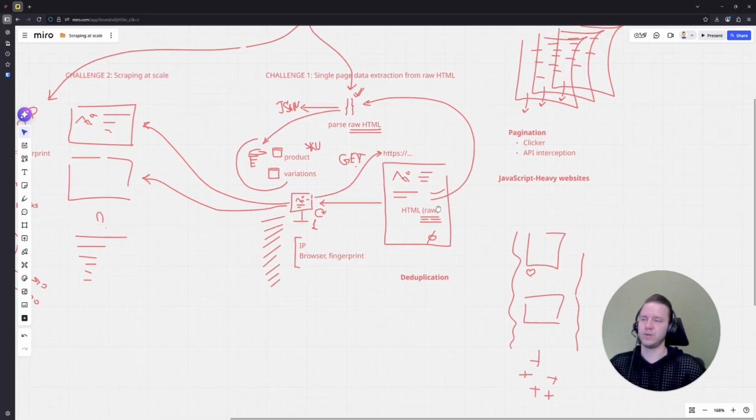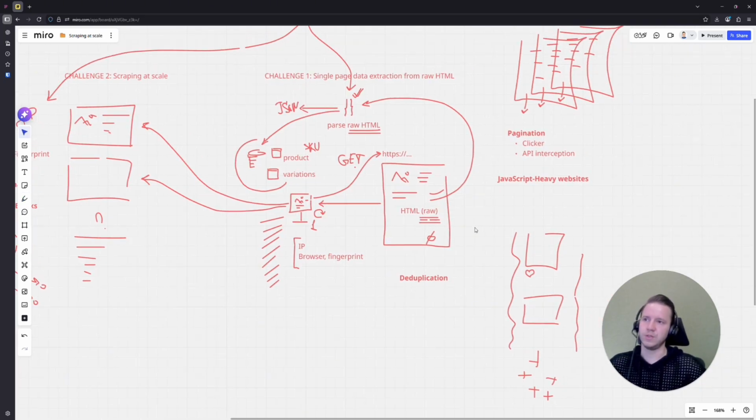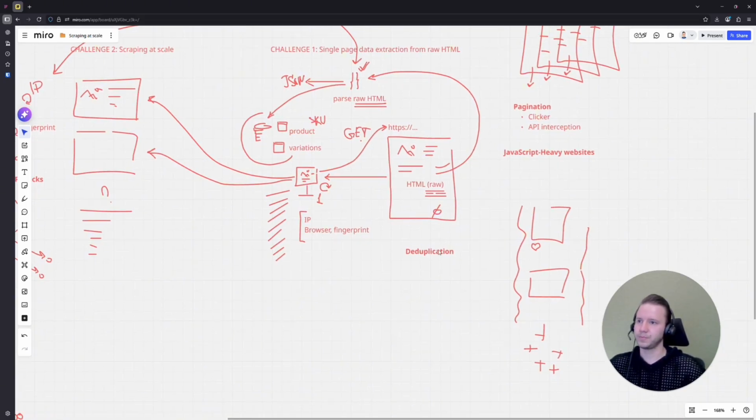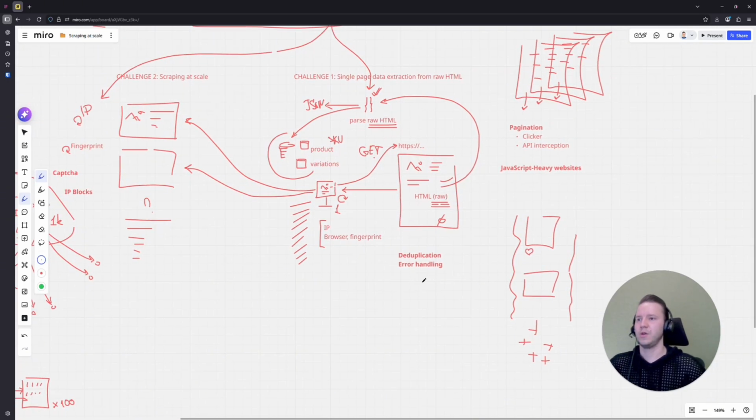So whenever you are trying to scrape something, try to think what is the identity of whatever you are trying to scrape, right? And in this case, this is SKU, most probably. Then we have error handling, right? A lot of different aspects come into error handling, of course, but here we are